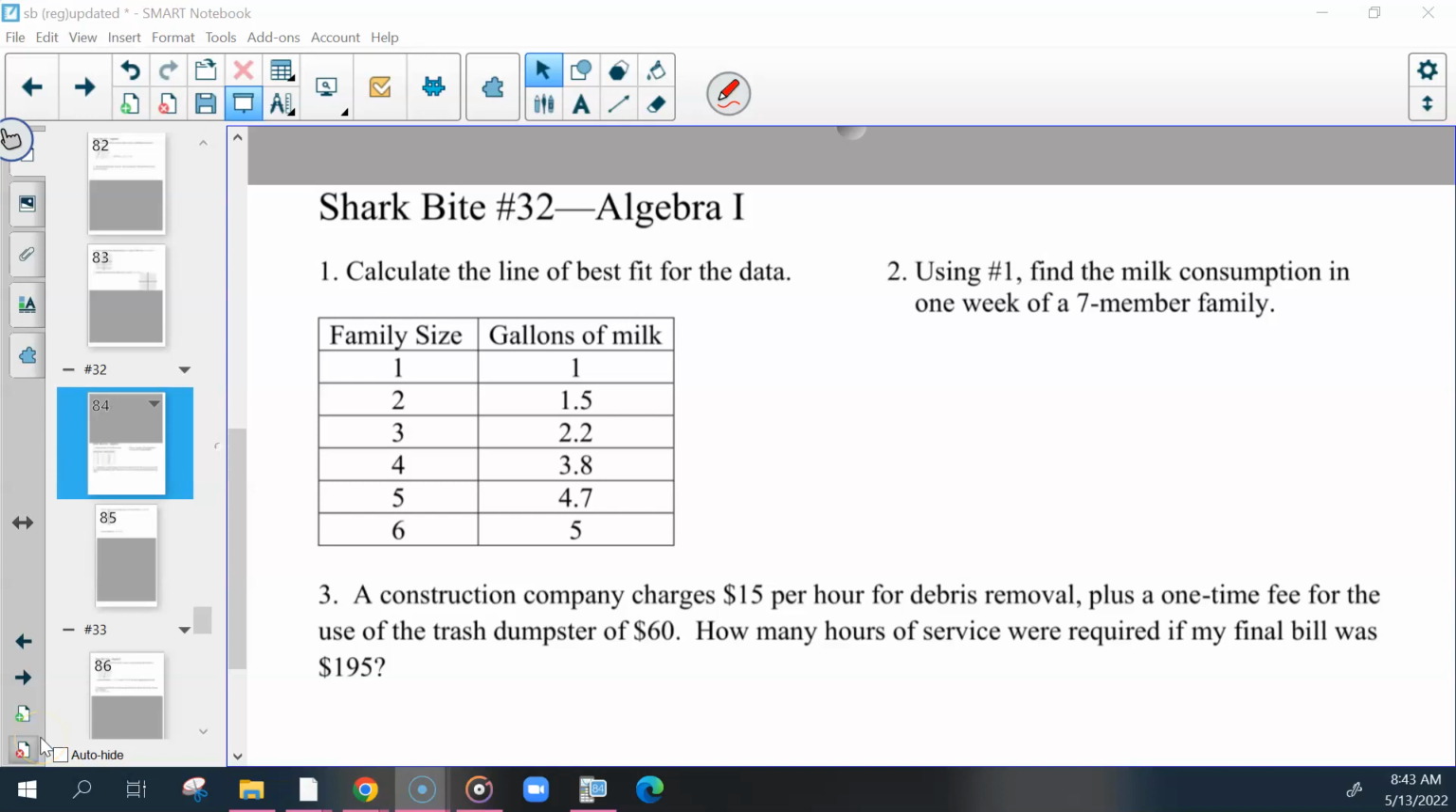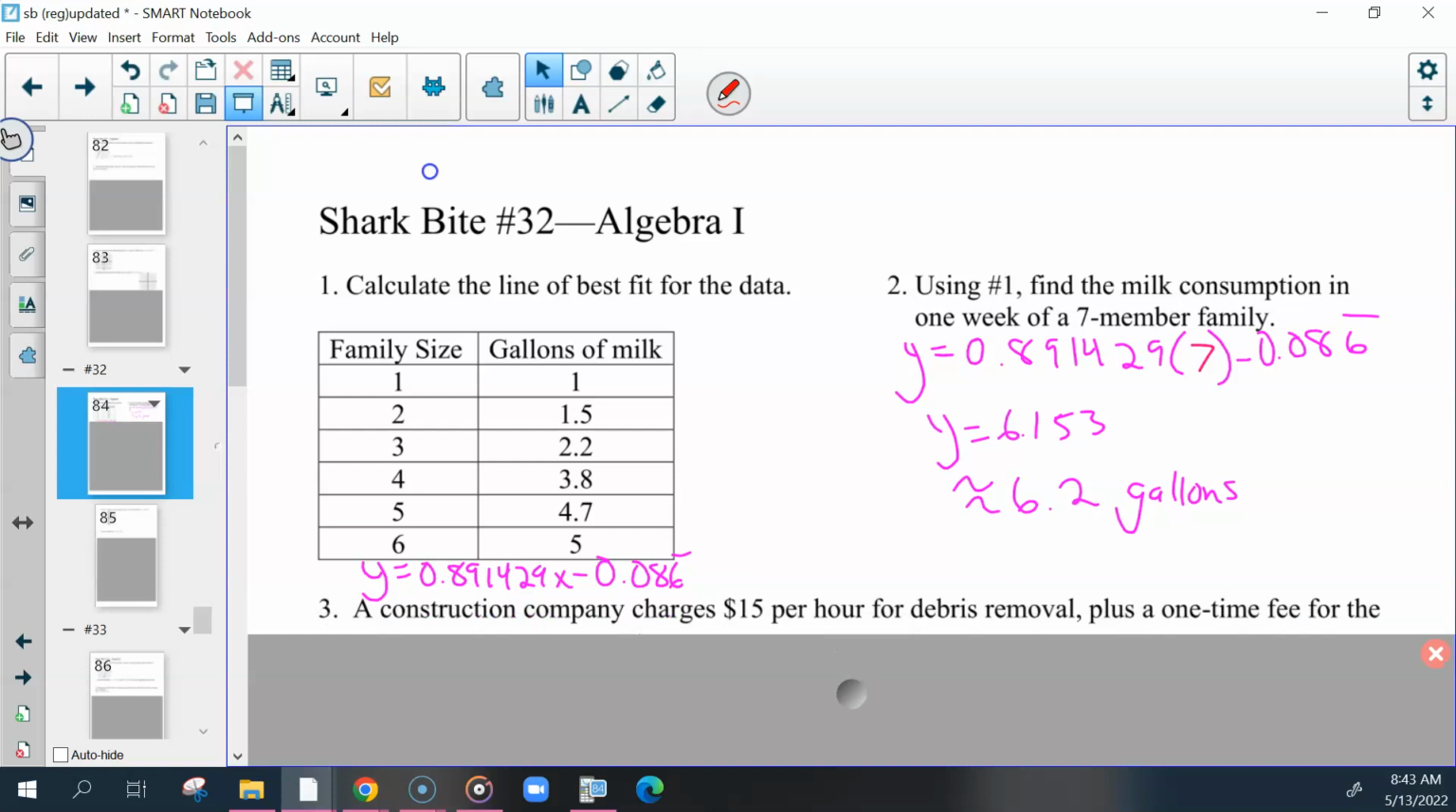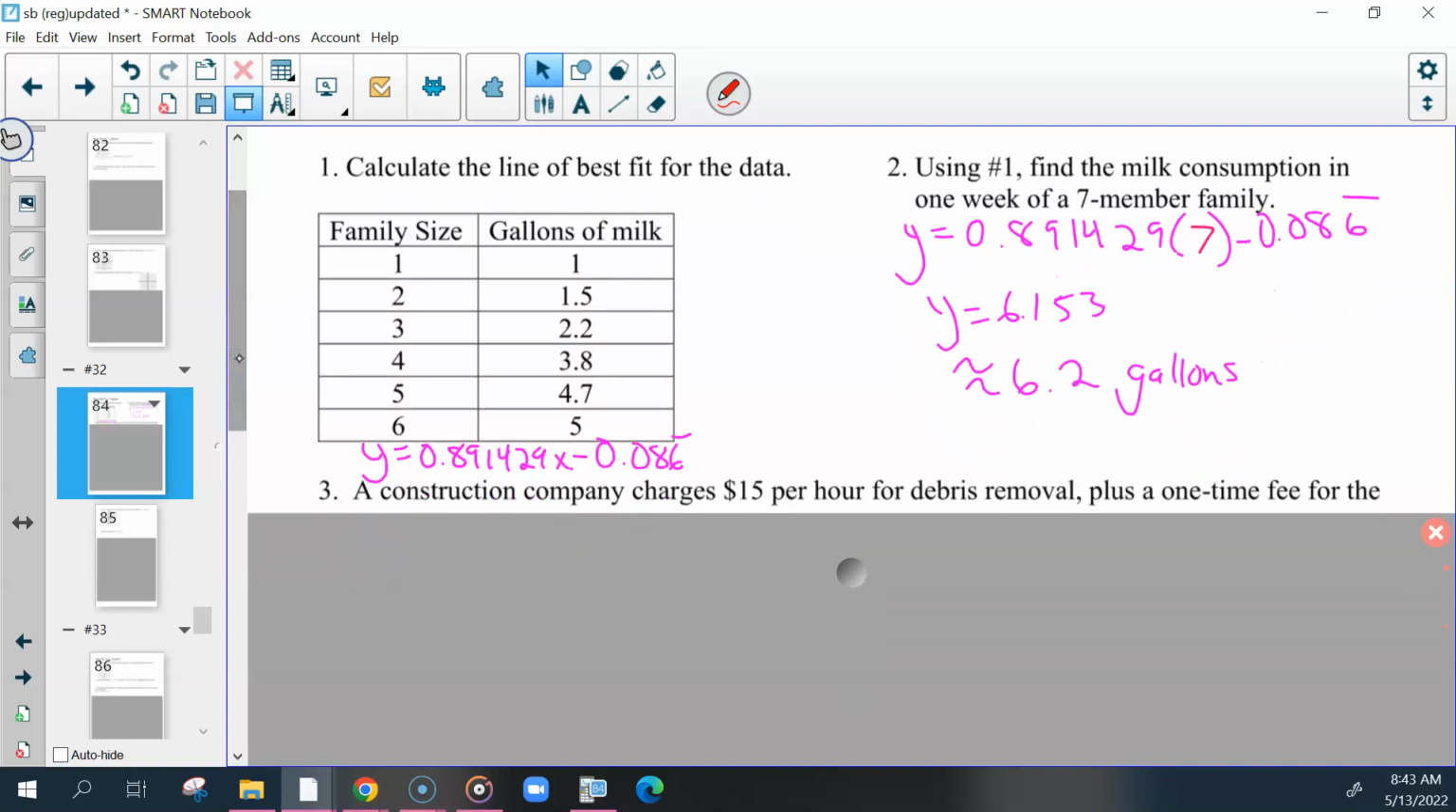So for number 1, you would calculate the line of best fit, either in your calculator or on Desmos, however you wanted to do that. I'm going to give you the answer for that, but if anyone needs to see that in Desmos or the calculator, then we can do that. I don't have a lot of decimals. So y equals 0.89, you could put that, you could put more decimals, you could have, I'd say leave at